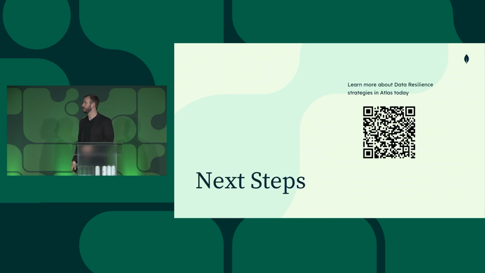So next steps. The QR code here is a white paper that talks about everything that we talked about today, but it also includes the security aspects of data resilience. There's a lot of really good information there to show you some of the features that are available, again, native to MongoDB Atlas. You can read all about that there, and it has links out to the different documentation for some of those features as well. It also gives a couple of example setups in that white paper that may be useful for people that haven't really thought about data resilience strategy yet.